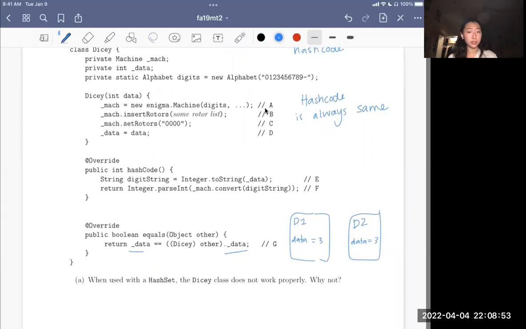Well, let's look at this. We see that the digit string is set to be the Integer.toString of data. So far, so good. We're working with data, right? Which is the same thing that equals tricks. But then we convert it